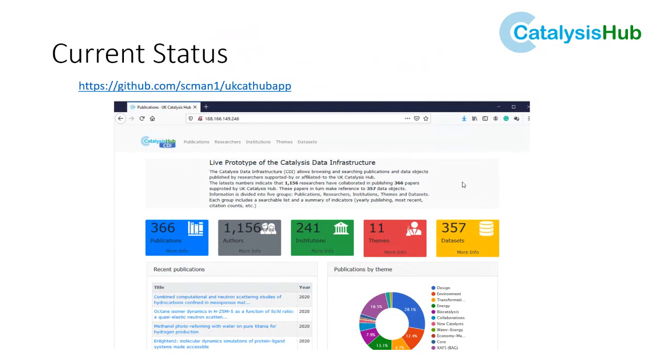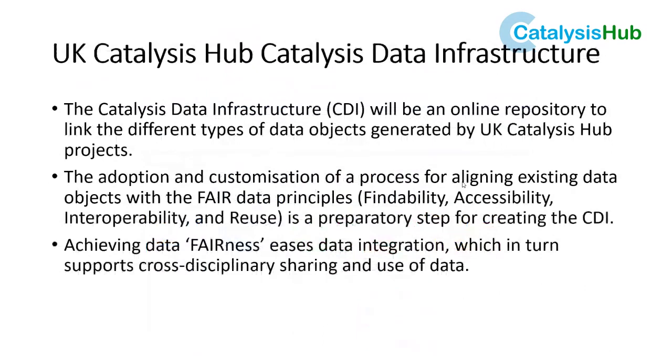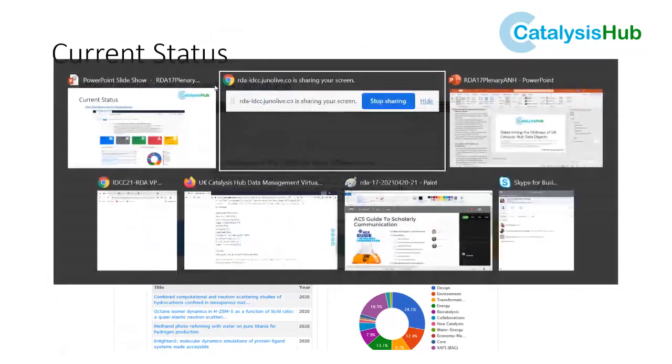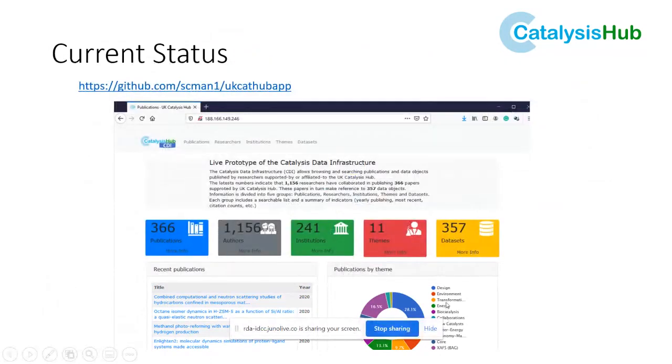a new facility. And the Catalysis data infrastructure, we see it as a specialized repository for the data that we produce. But not so much a repository as a catalog that links to the resources and the data. So we have a prototype application that will go live soon. We have a temporary view of this infrastructure, and that allows us to see